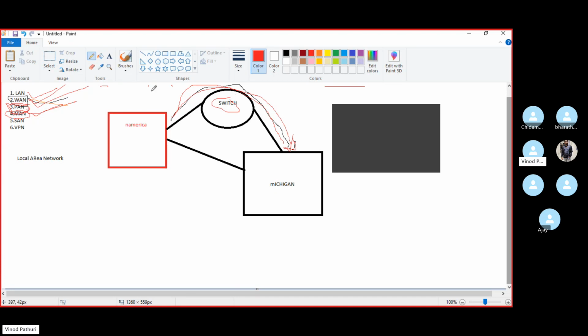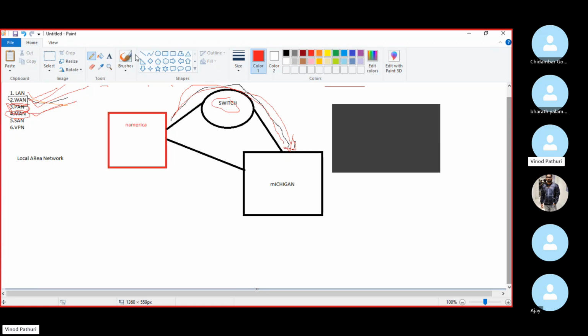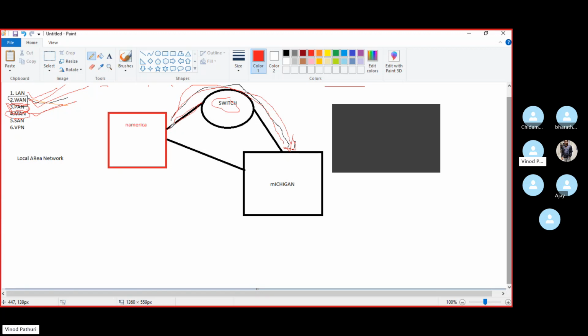If you ask them, we need some LAN connectivity, they will create a dedicated line for you. This is the physical line, but we can divide this line logically into multiple things. So we will divide that and give some space to you so that you can securely connect.